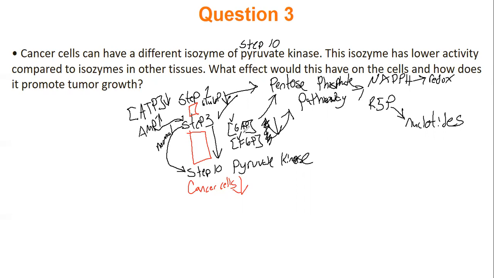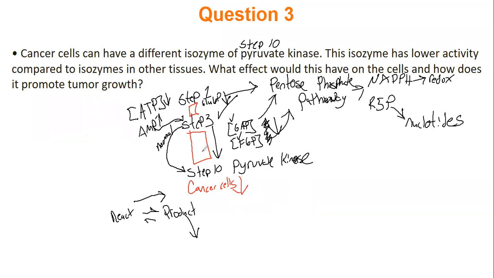what that says, and sorry, I don't speak French, so I always butcher his name, is that if a reaction is in equilibrium, and so you have a reactant and a product, and let's say I take product away from this reaction, what that principle says is that the forward reaction will speed up to make up for that product being taken away. Well, I'm taking away GAP and F6P, so the enzymes of glycolysis will make more GAP and F6P, which can then be fed into the pentose phosphate pathway